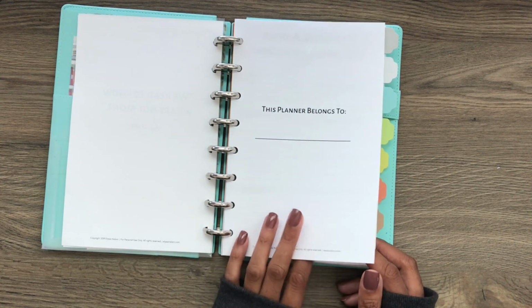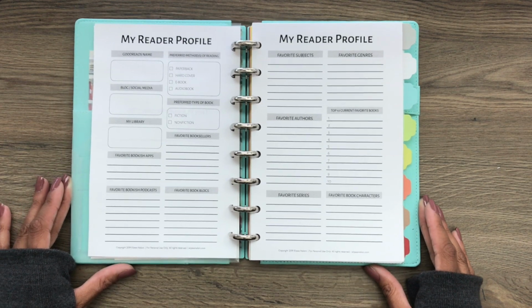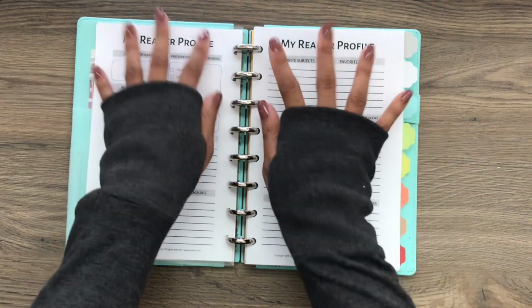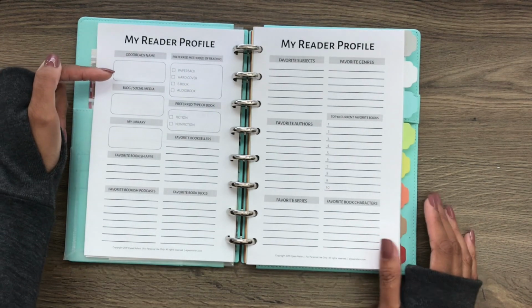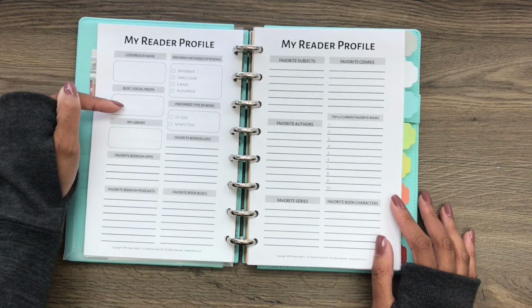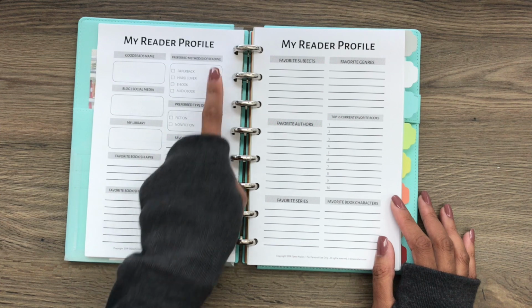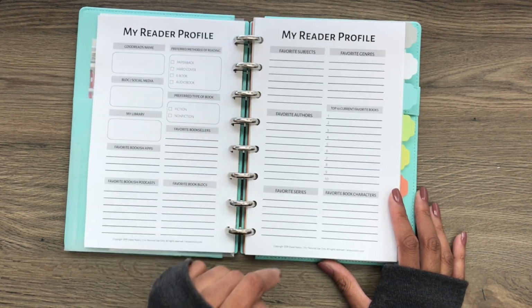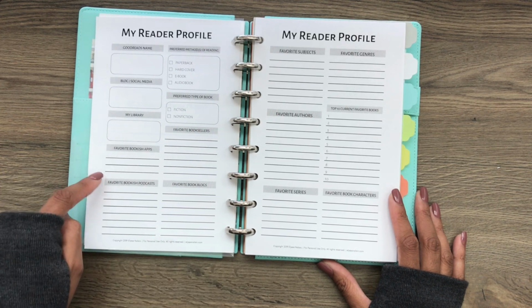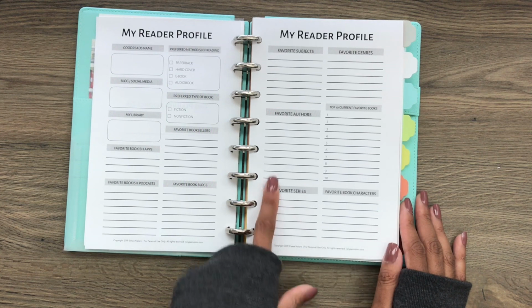So you write your name here on this nameplate page, and then the first thing you do is you have this reader profile, okay? And this is where you can just fill in information about yourself. Everything from, if you use Goodreads, you can write your Goodreads name in there, your blog and social media handle if it's different, the library you go to, your preferred method of reading, your preferred type of book, fiction or non, your favorite booksellers, your favorite book apps, your favorite podcasts, your favorite book blogs, any favorite series that you've